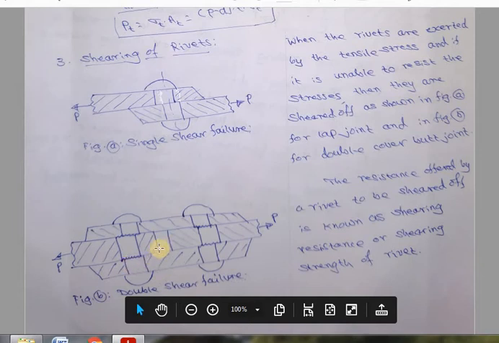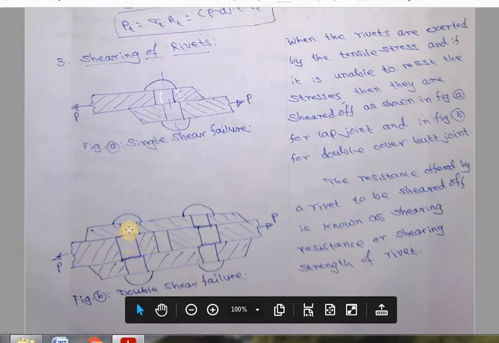Now consider the next case where I have the butt joint. You can see here, this is one plate, this is another plate, these two are butting over here. I kept one top cover plate and one bottom cover plate, and a riveted joint is formed. This is one row here and this is another row here. When you apply the force to the parent plate here as well as here, if the force is quite large, this parent plate is going to move in this direction, and this parent plate is going to move in this direction.